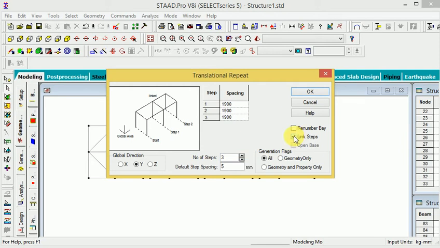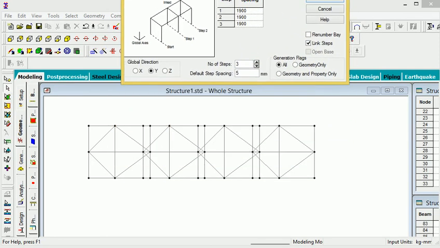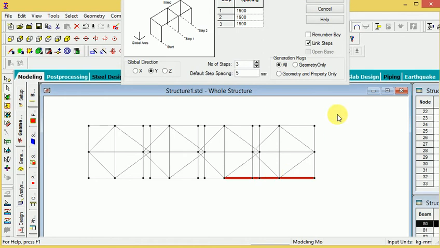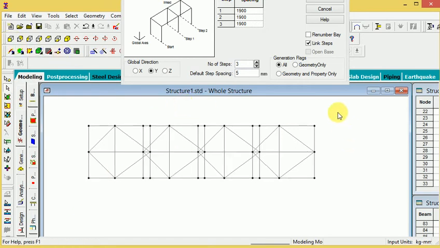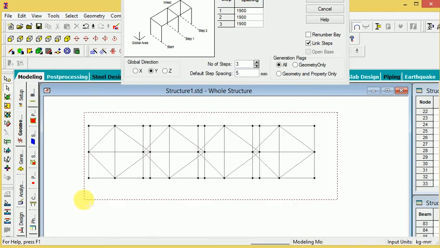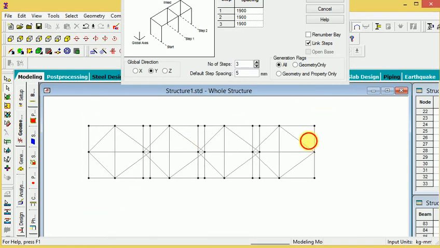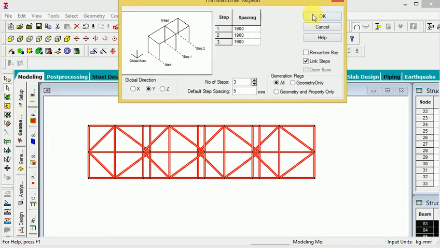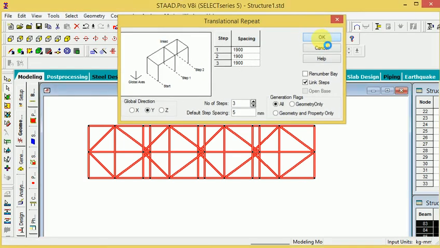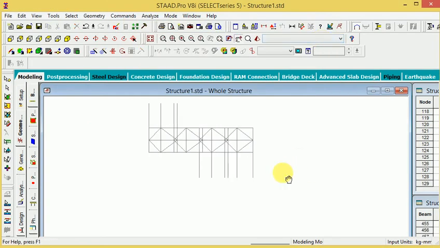Then apply the link step and select all body here. Select all body, and the step selection is OK.